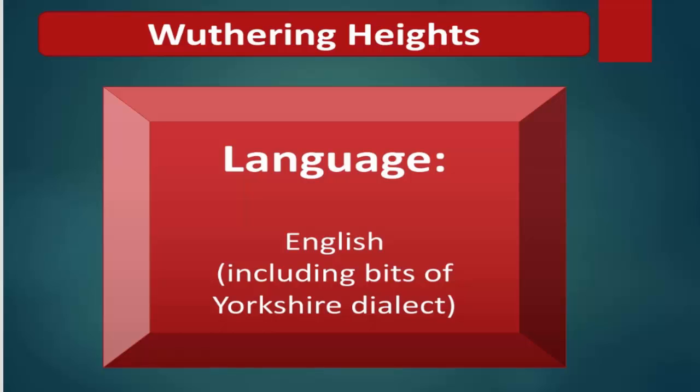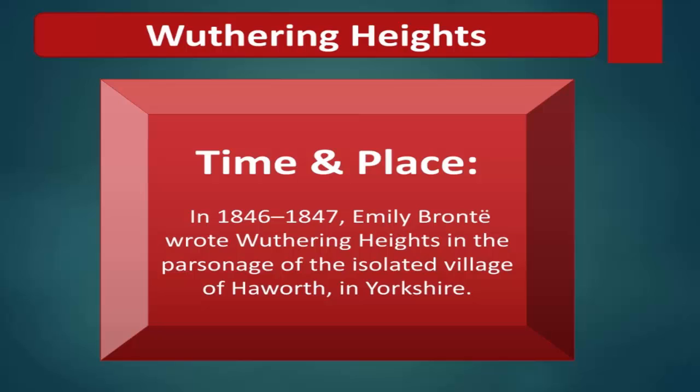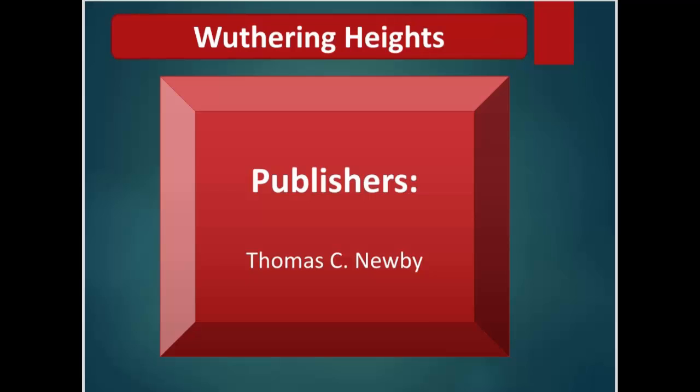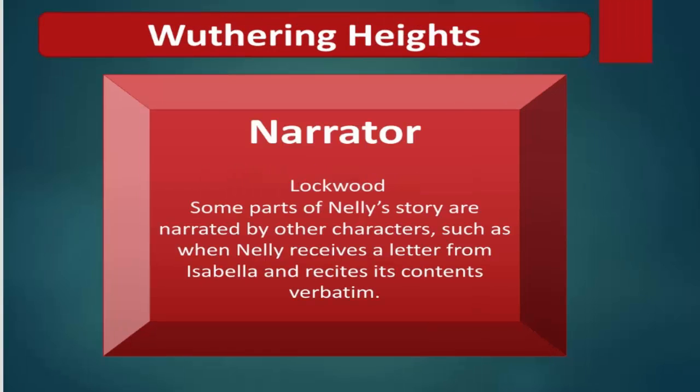Language, English, including bits of Yorkshire dialect. Time and place, written in 1846 or 1847. Emily Bronte wrote Wuthering Heights in the parsonage of the isolated village of Haworth in Yorkshire. Date of first publication, 1847. Publishers, Thomas C. Newby. Narrator, Lockwood and Nellie. Some parts of Nellie's story are narrated by other characters, such as when Nellie receives a letter from Isabella